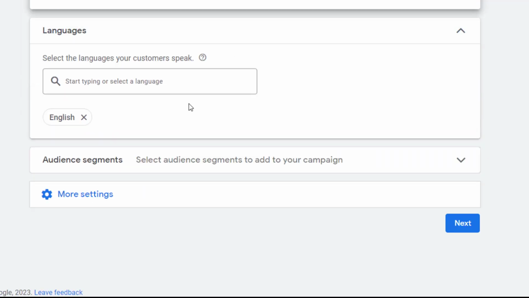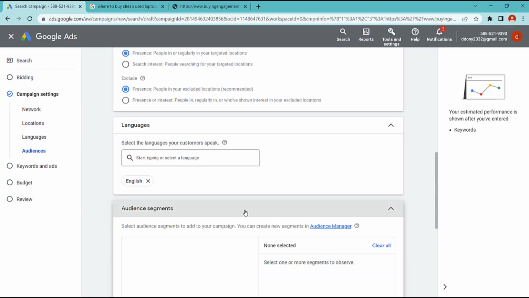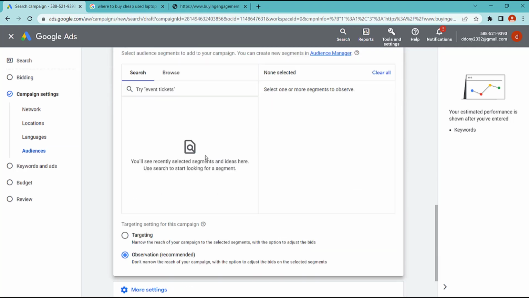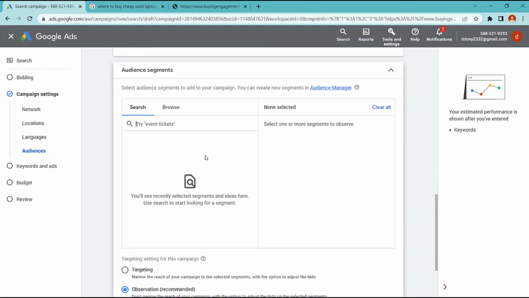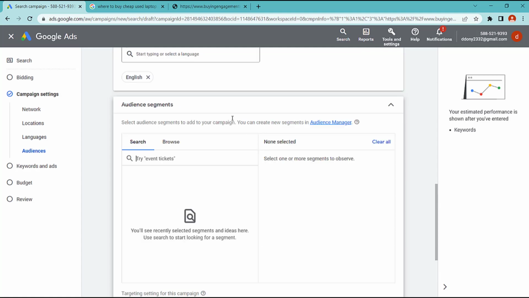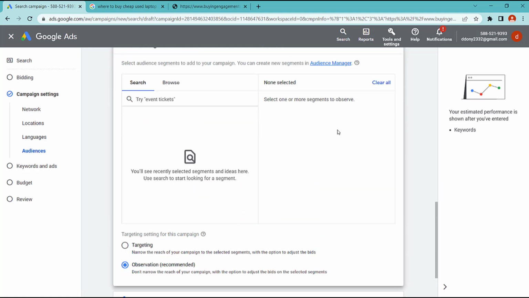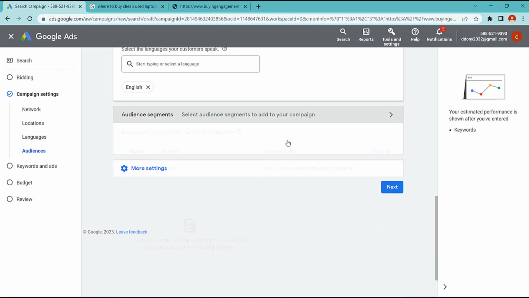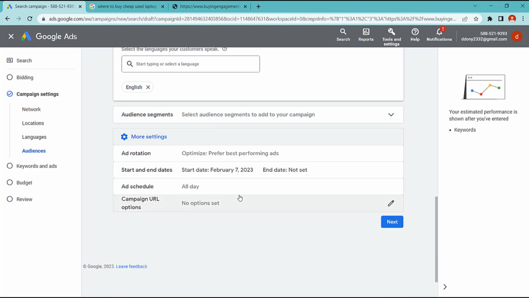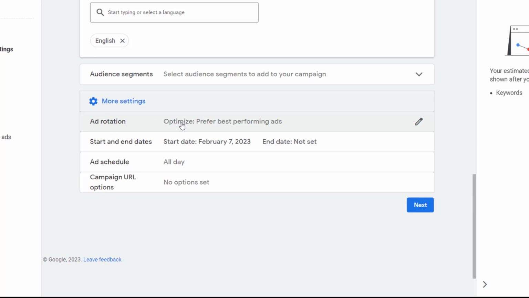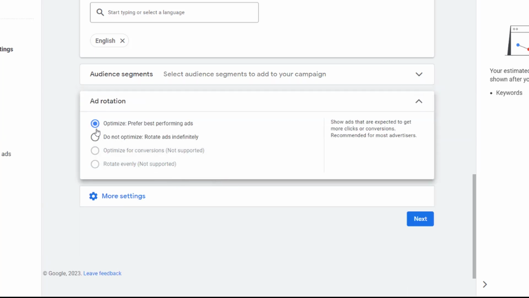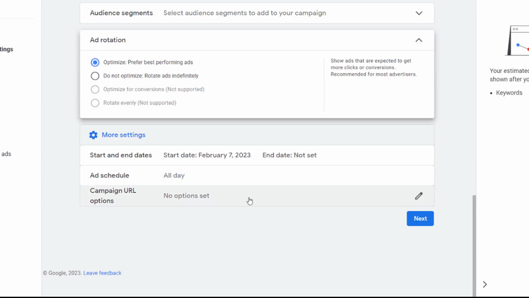Okay, now language, you set English. Audience segment, because we are first creating ads, I skip the audience segment. And then more settings, ad rotation. I choose prefer best performing ads, and then start and end dates.